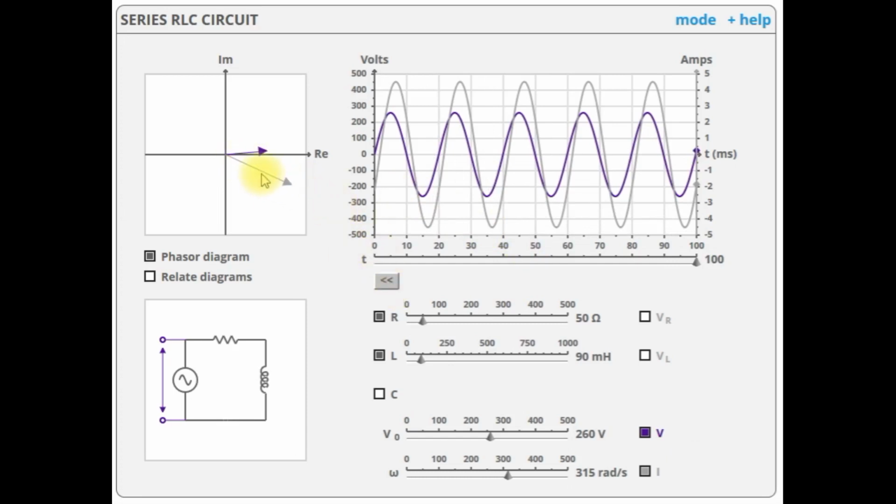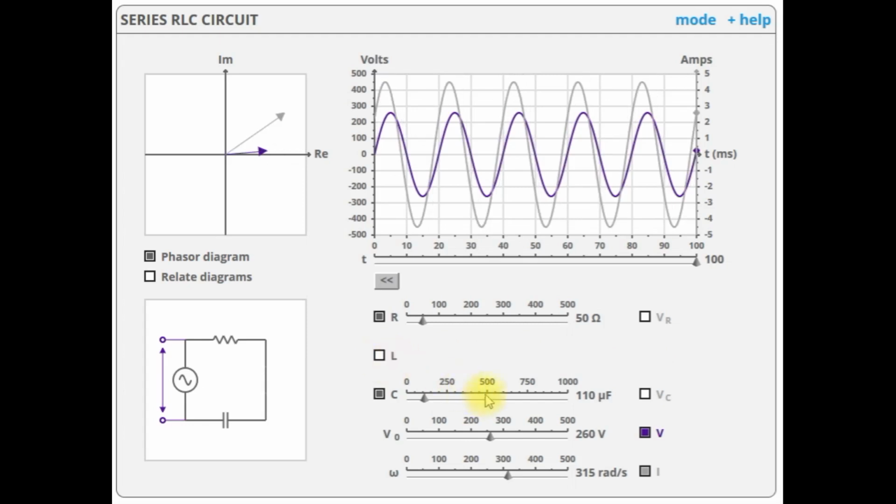Now let us see a leading case. Here we can see that this is the voltage waveform, and the current waveform is leading by an angle corresponding to say 30 degrees or 5 degrees. Here also you can see that this phase difference will be maintained always while these two vectors are rotating in the anti-clockwise direction with the same speed. Now let us see the animation. Here you can see that both the vectors are rotating at the same speed, so this phase difference will be